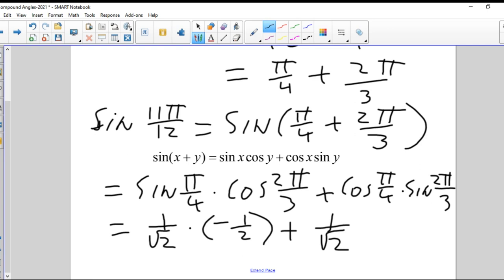Then the sine of 2 pi over 3 is the same thing as the sine of pi over 3, which should be root 3 over 2. And it's not plus, it's times. Let me erase this actually. Let me erase all of that. So it's times